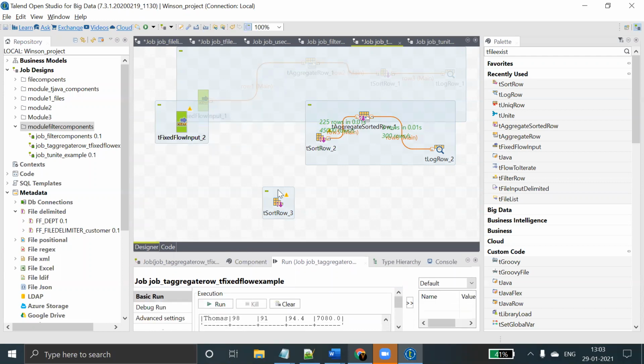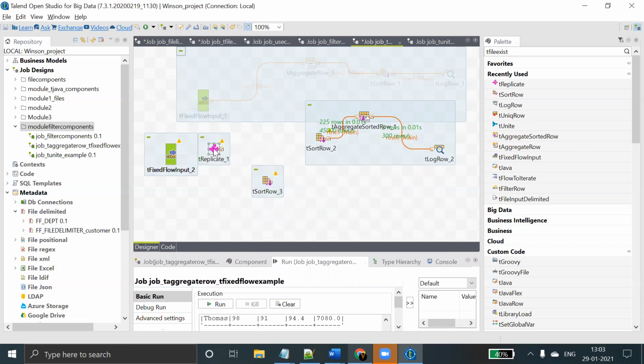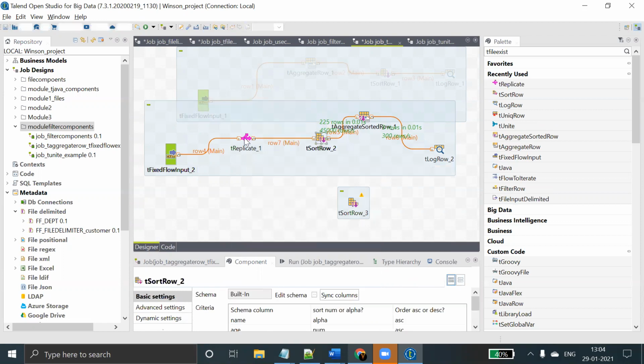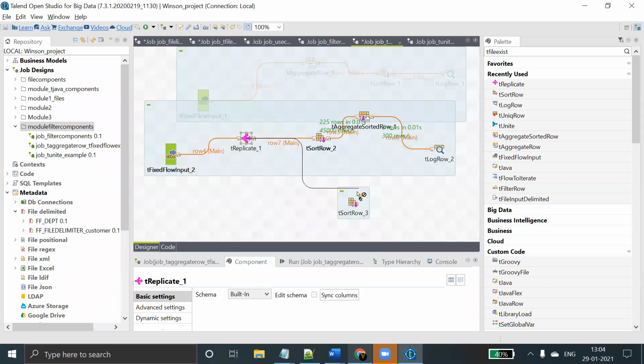You need to select this link to delete it. Here I'm using the tReplicate component. In between, just right click, Row, Main. From here it will allow any number of flows. Right click, Row, Main, and here also Row, Main, like this.